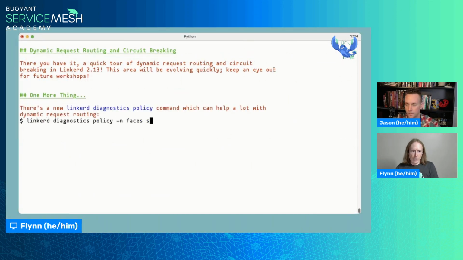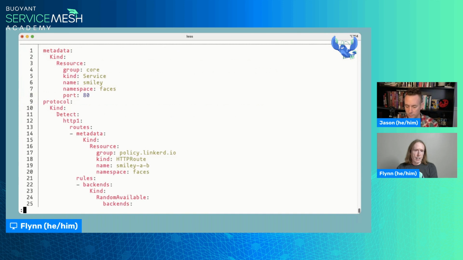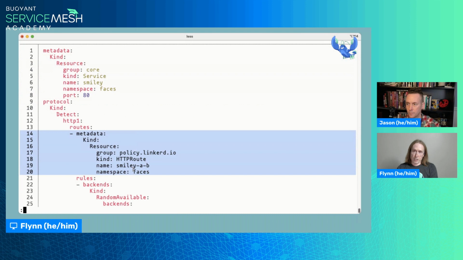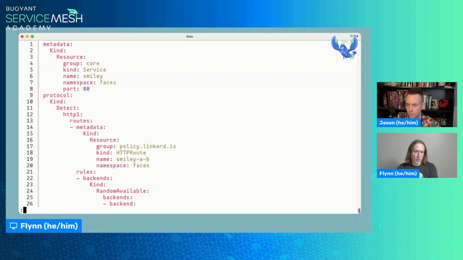So the new linkerd diagnostics policy command. In this case, we're telling it that we want it to look at the smiley service in the faces namespace for traffic on port 80. And it is going to spit out a bunch of stuff, like a bunch. So here we go. A couple of critical things that you can look for in this, though. It tells you what service it thinks you're talking about. Always nice to make sure you got the right thing. It also starts showing you HTTP routes that are bound to that service. Also a really nice thing. And if you keep scrolling down,